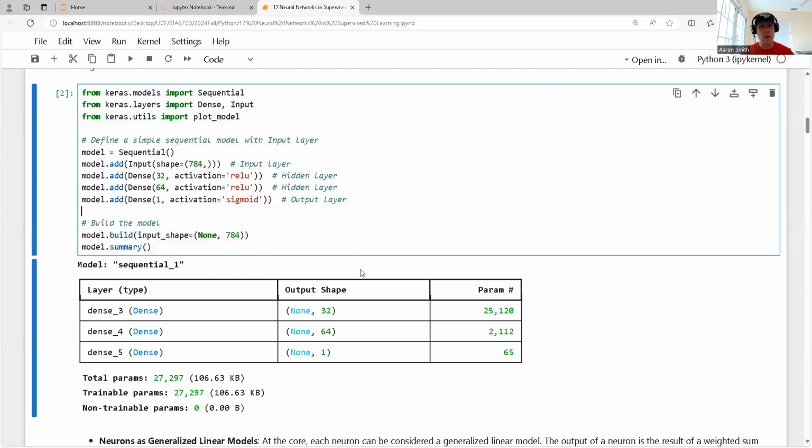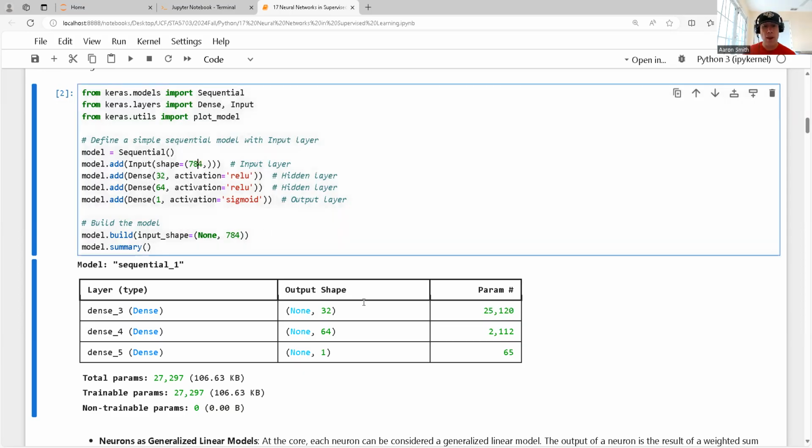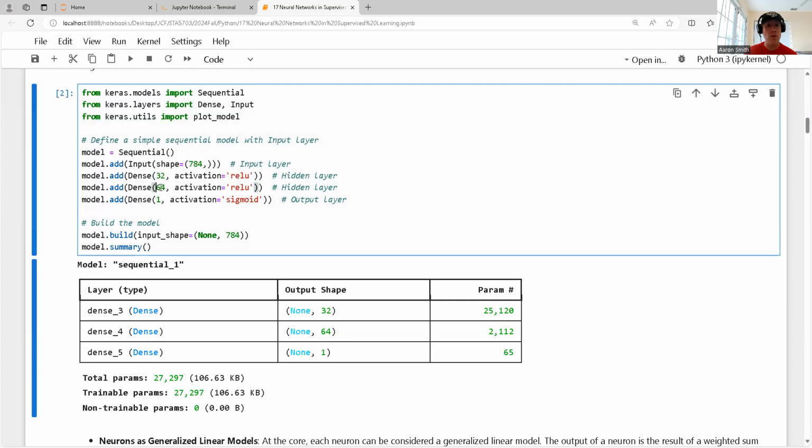And so you'll notice that in the first, going from 784 to the 32, I've got 25,120 parameters going on. That's going to be 32 times 784 plus all of the intercepts. And then going from the first hidden layer to the second hidden layer, I've got over 2,000 parameters going on. This is going to be 32 times 64, which is 2,048, plus the 64